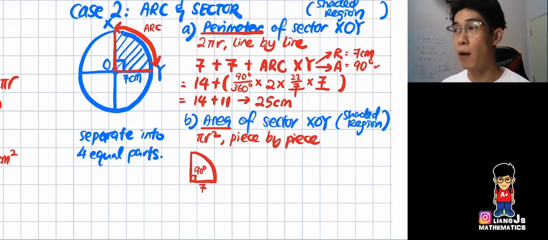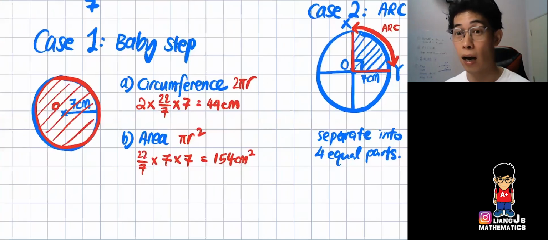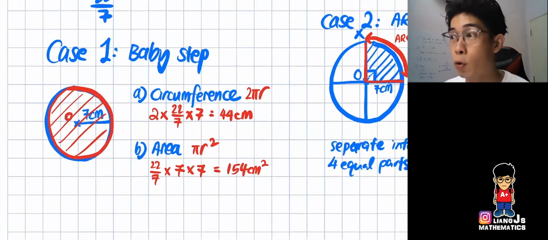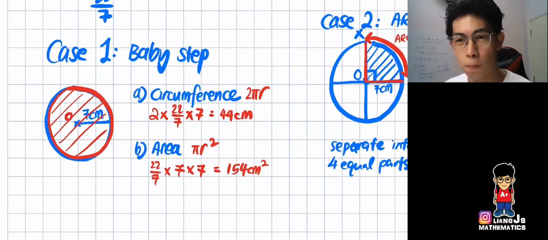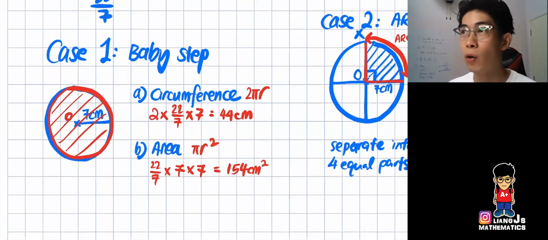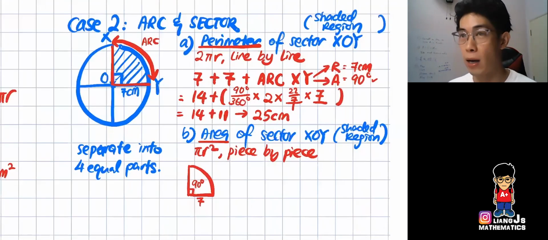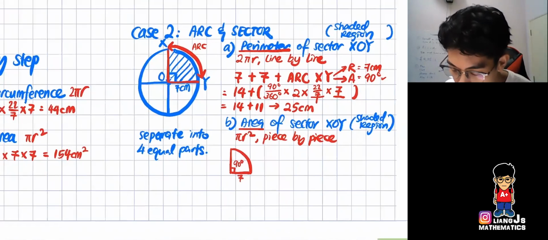Okay, now so everyone, look at this. Okay, look at this thing by the side. Do you notice 154 cm square just now is my area? If I want to get 1/4 of it, you know you just divide by 4, you will get that one slice of pizza, right? Okay, so I will move here. Okay, I'll move here, move here. Okay, see. Alright, it will be